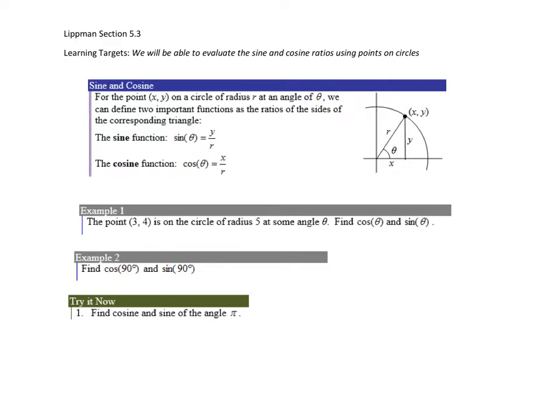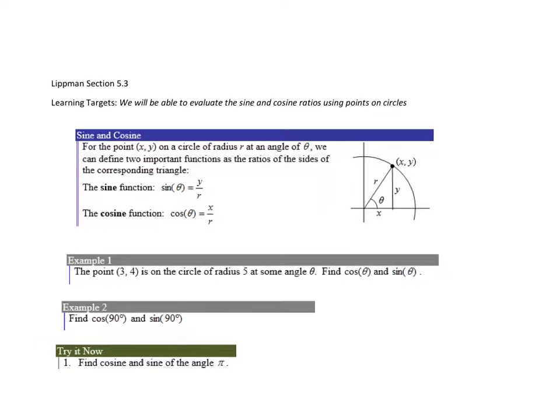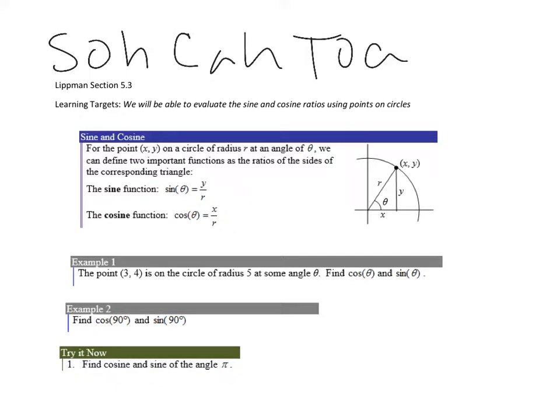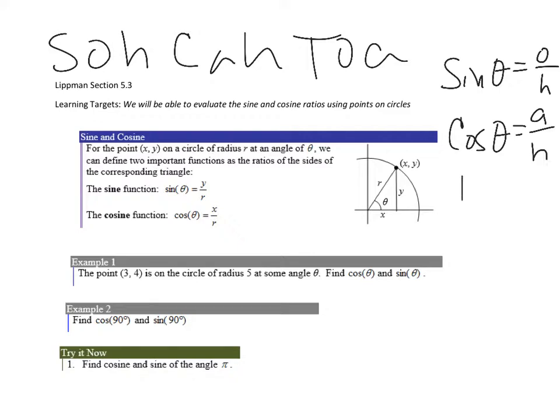Okay, so now we're going to start actually doing some trigonometry in this, and one thing that I want you to remember from your time in geometry is the acronym SOH-CAH-TOA, and what that means is the sine of some angle equals the opposite side over the hypotenuse. The cosine of some angle equals the adjacent over the hypotenuse, and the tangent of some angle equals the opposite over the adjacent. Now, for this lesson, this part, we're only going to concentrate on the sine and cosine, and